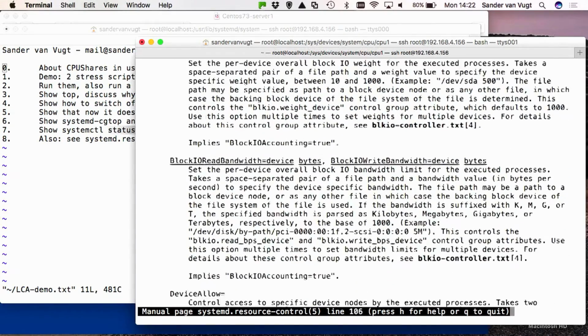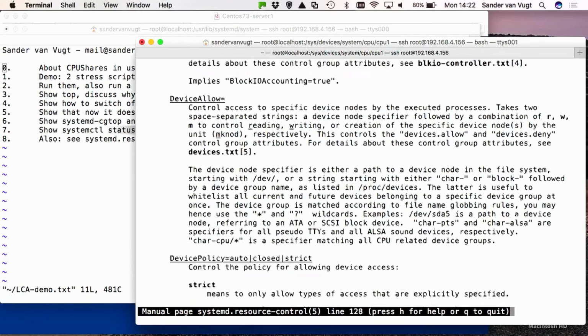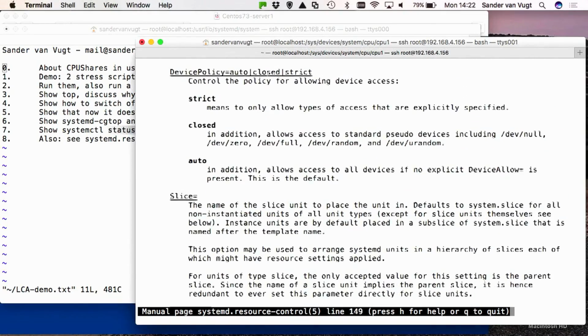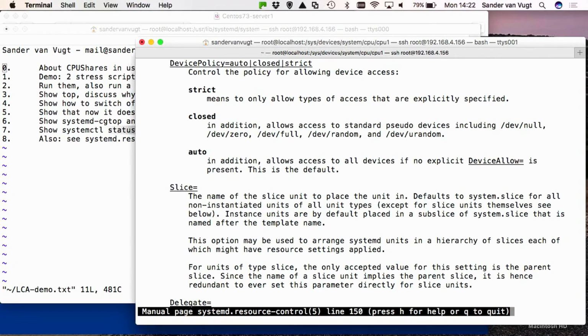And there are a couple more interesting parameters in here as well. If you have ever worked with cgroups in previous versions of Linux, that is, Linux before systemd, what we have seen in my demo so far is that working with cgroups has changed considerably in a systemd environment. Everything is going to the unit file, and to be honest, I like that everything is in the unit file. Because if you have ever tried to reserve resources in a pre-systemd cgroup environment, well, with